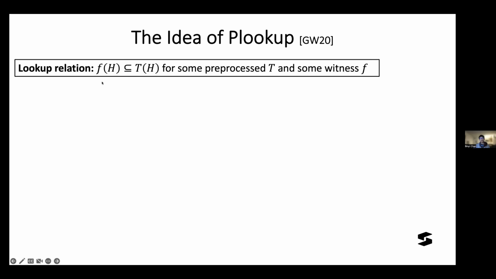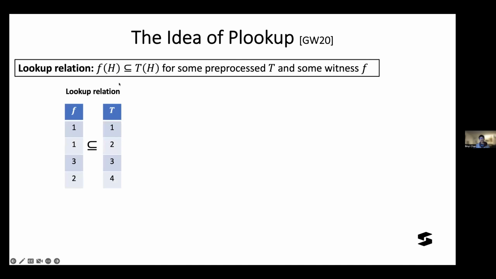So given two vectors, f and t, where t is some pre-processed table and f is some online witness, how do you prove that each element in f is inside the table t? The Plookup is an elegant scheme that solves this problem. The idea is to interpolate this vector onto a set H, which is basically a multiplicative group generated by a